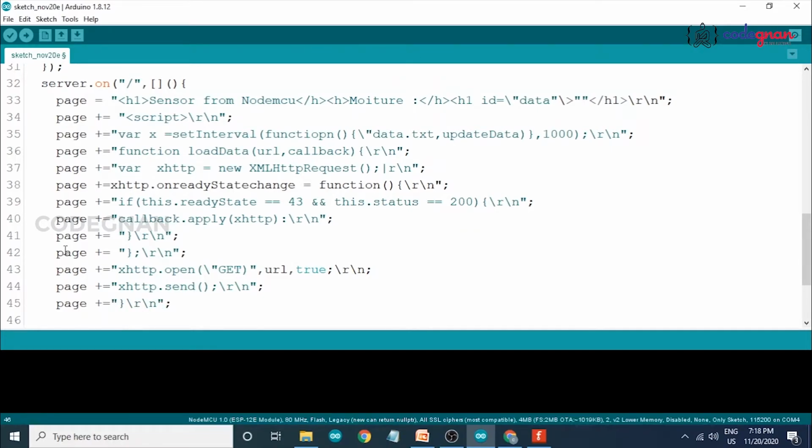Write it clearly, otherwise it shows an error. Page equals to function update, then \n.